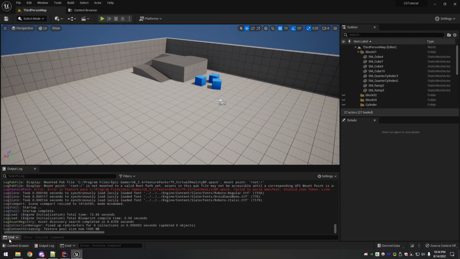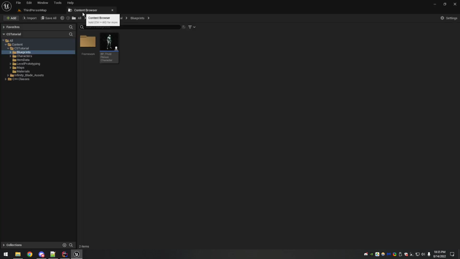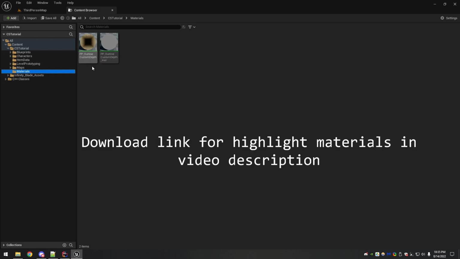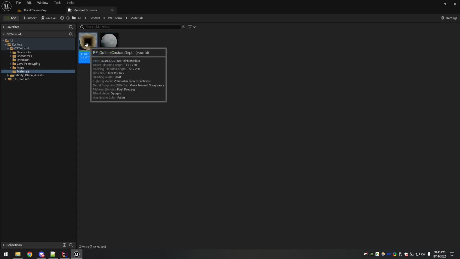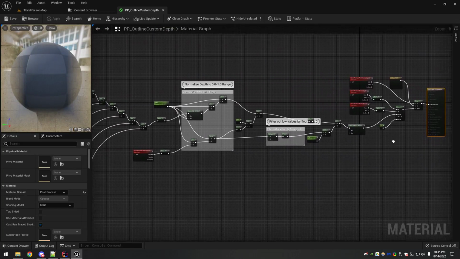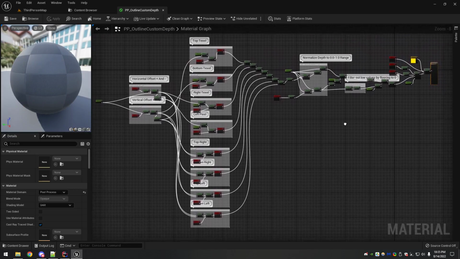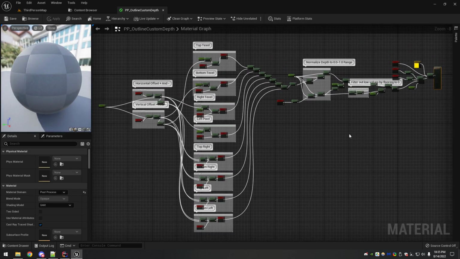Okay, I've got the editor back open. Now I'm going to go in here and you'll see I have a folder I called materials, and it's got these two materials, this outline custom depth. I am not knowledgeable about this, it's essentially shader math.